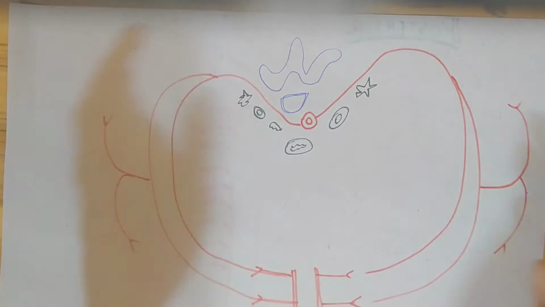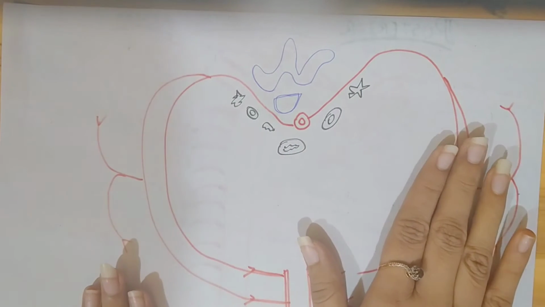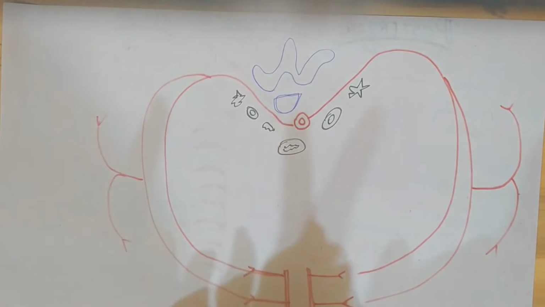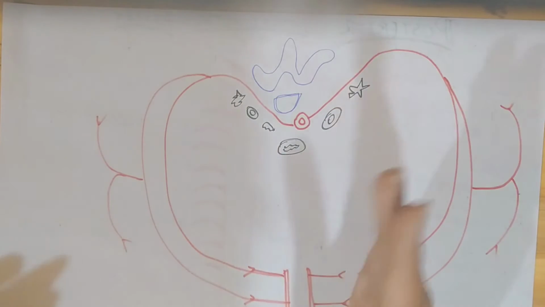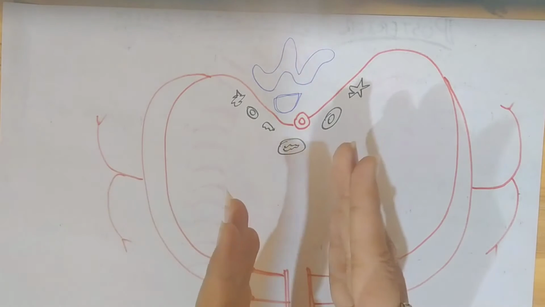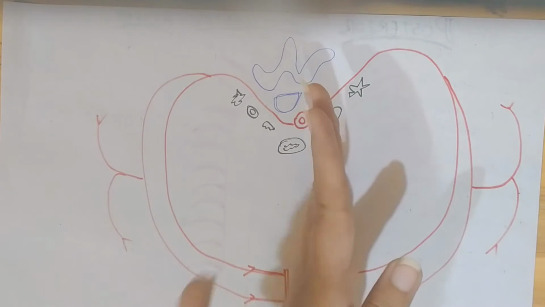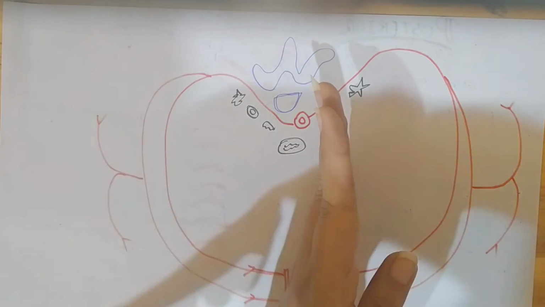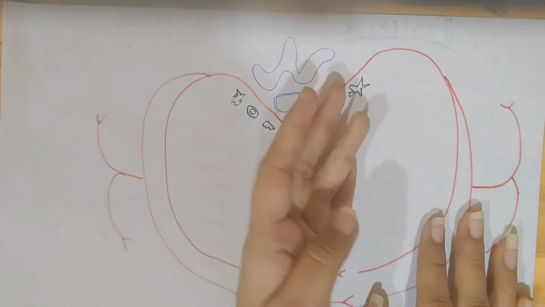Now let's have another diagram to understand all its relations and its branches too. So here we have our diagram. One more thing to remember about the posterior intercostal arteries is that the arteries on the left side are smaller than the right ones, because the descending aorta is on the left side and not on the right side. So the branches coming up to the right side are longer in length as compared to the left ones, right? So this was the concept.